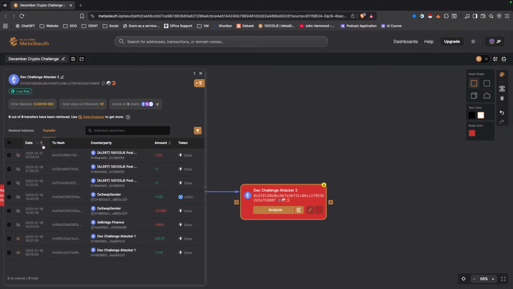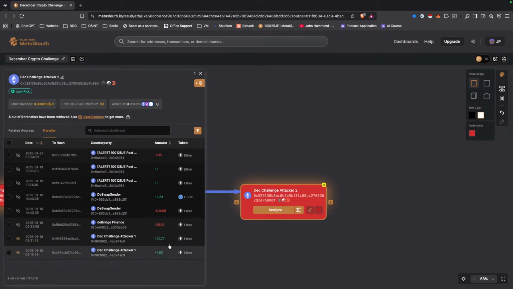Okay, and I always like descending, so the newest transaction is first, right at the top there. The oldest is down at the bottom. So we can see our 2 transactions coming in, okay? And then we can see that some assets get sent out to deBridge Finance, okay? And we can basically say that all of the assets that were stolen have gone into this one. So it's a fairly straightforward bridging transaction, fairly straightforward at this moment in time in terms of the custody of those assets.